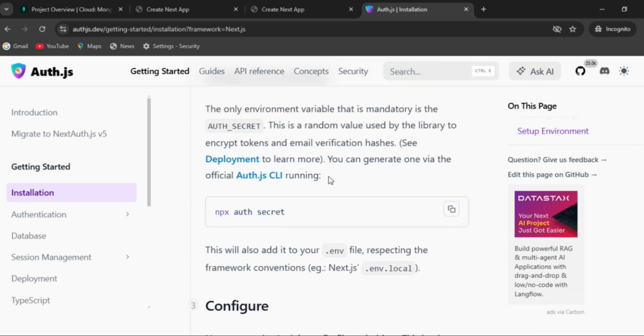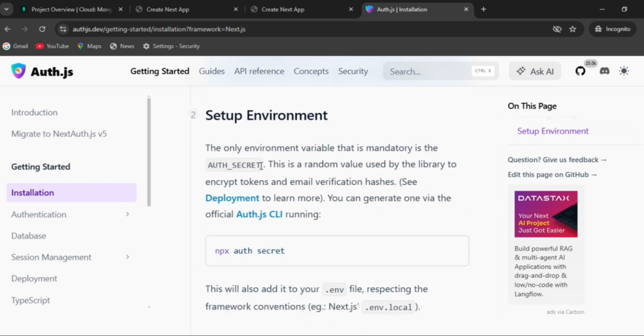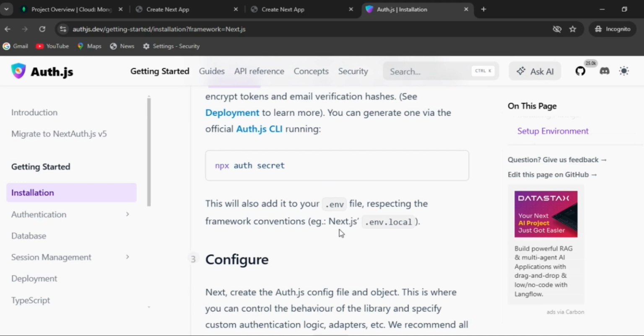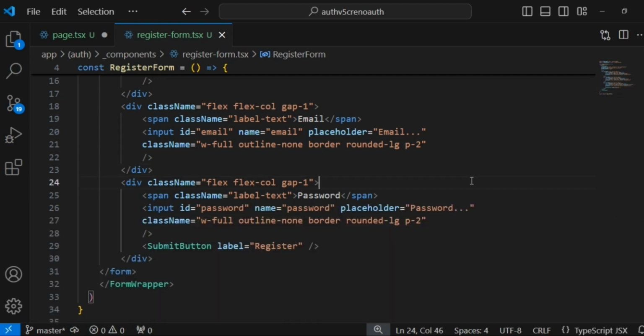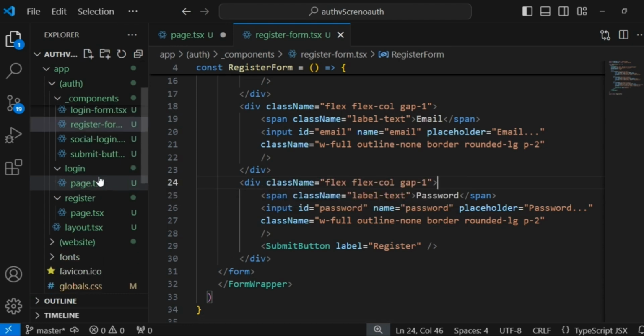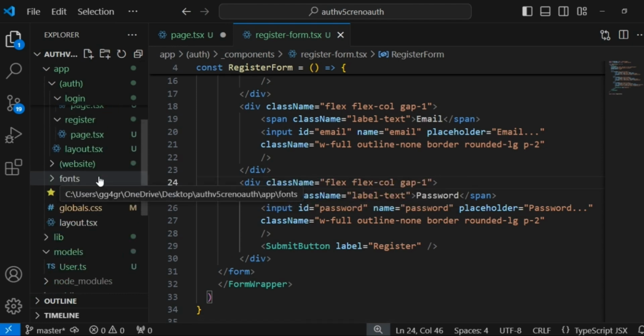And we need to set up an auth secret. I'm not going to worry about using the package as suggested, but if we were deploying or using this in a production environment, I absolutely would recommend it. So we'll copy the auth secret, close this out for right now, go back to the .env file,